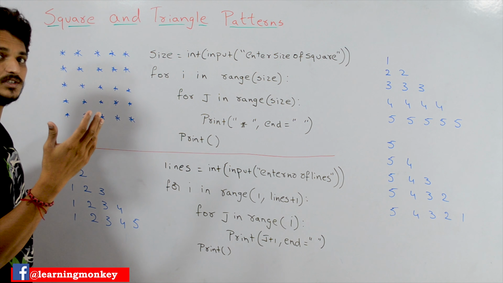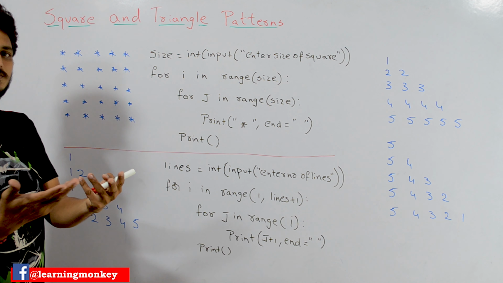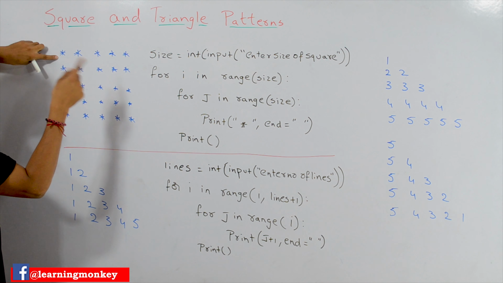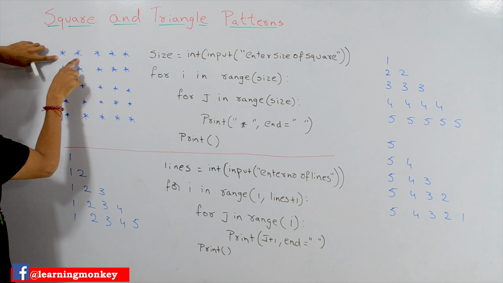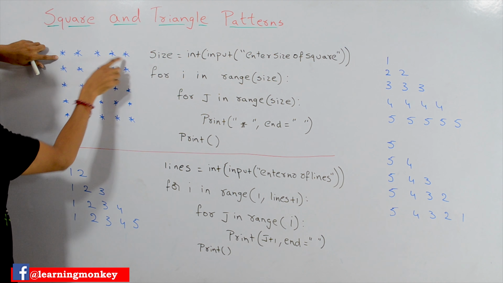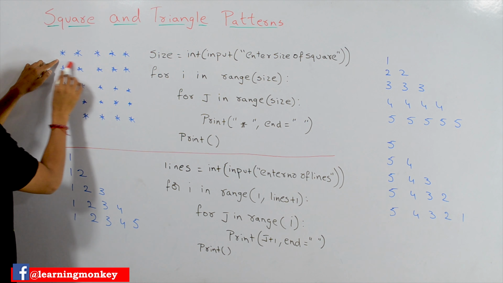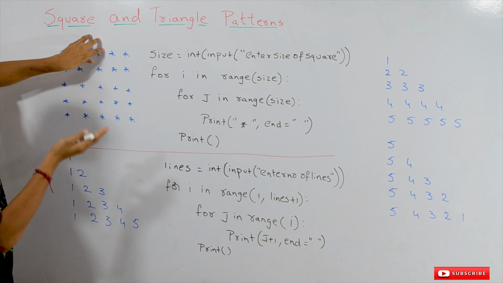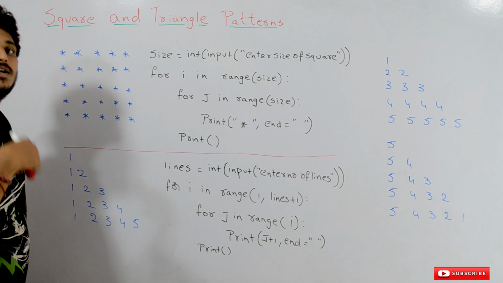What we discussed in our previous classes about loops is that we use loops in order to repeat a process multiple times. The same thing we are doing here. We are displaying a star 5 times, so we will use a loop for displaying these 5 stars. This process has to be repeated 5 more times. So that's why we need nested loops.